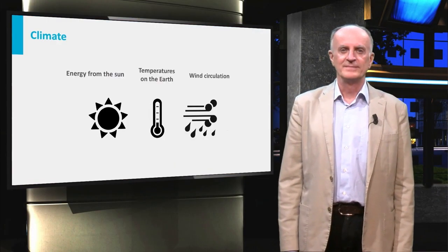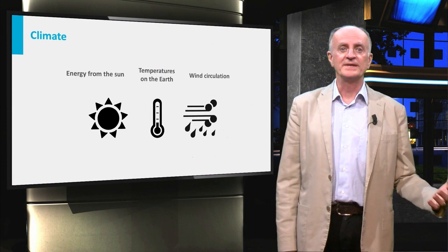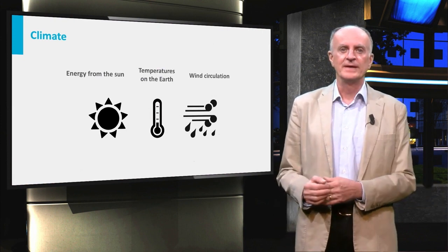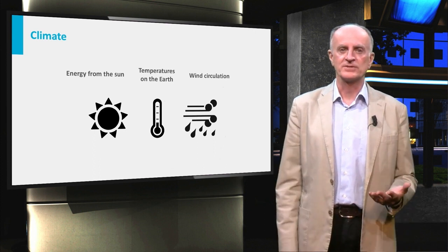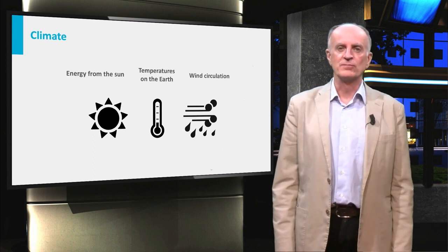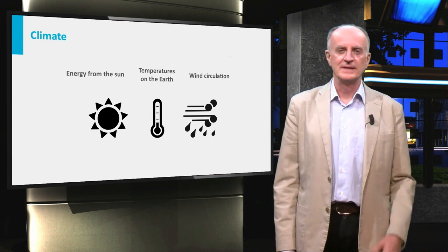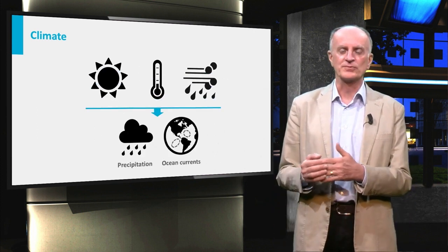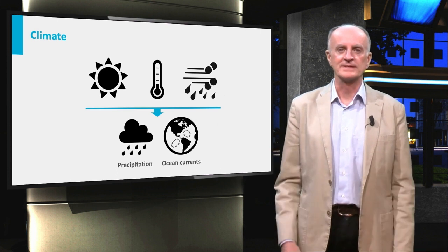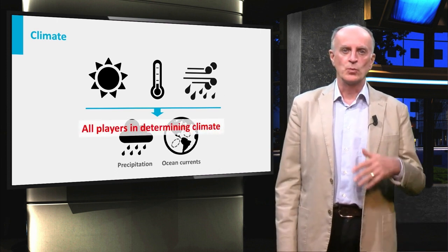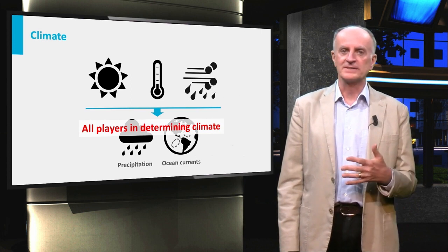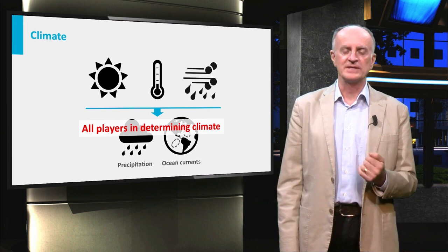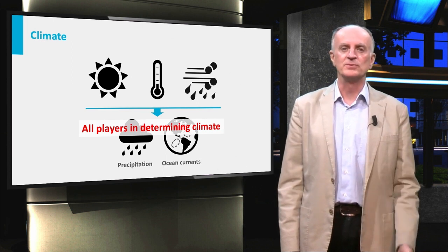In the previous clip, we have seen how the energy radiated from the sun interacts with the atmosphere and the Earth and controls the distribution of temperatures and the first-order pattern of wind circulation on the globe. Temperatures and winds interacting with continents and ocean control precipitations and ocean currents. Temperatures, winds, precipitation and currents, all major players in controlling climate and exerting a major influence on the distribution and